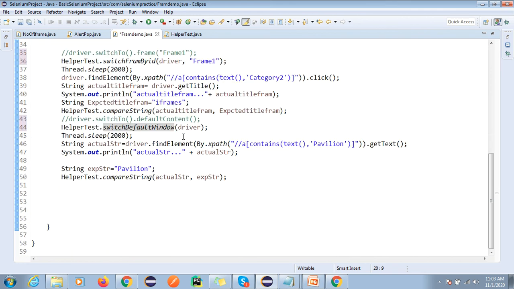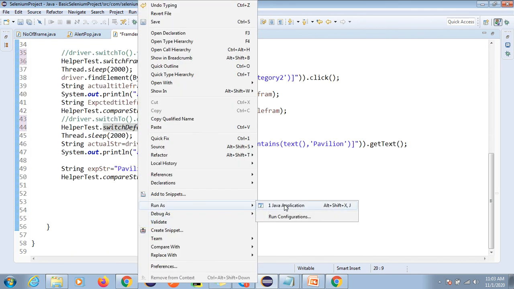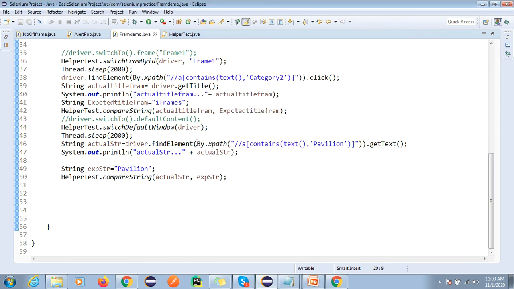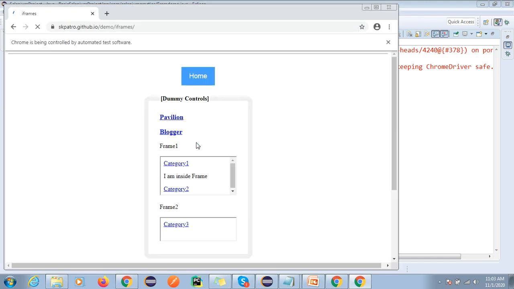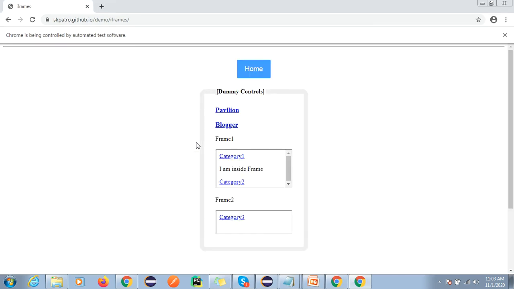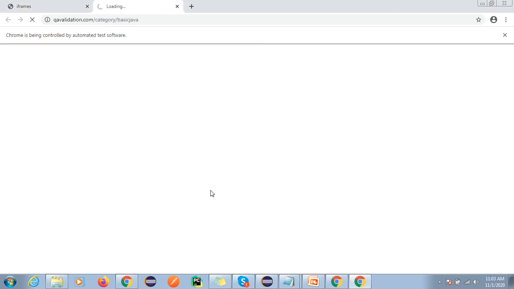I'm not going to use this, so you can explore yourselves, and let's see whether it is working or not. Okay, so it will work.